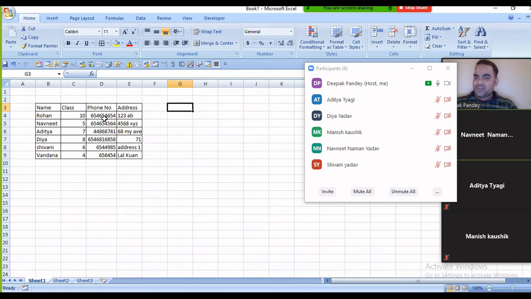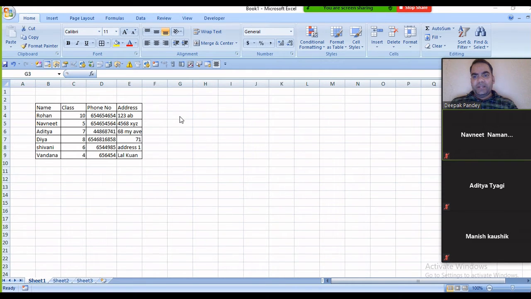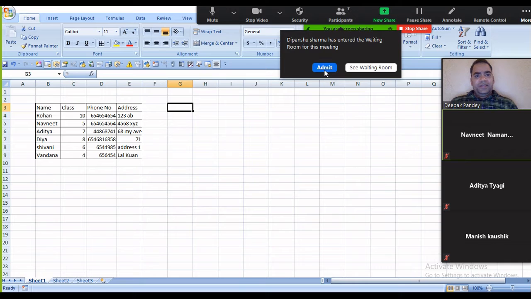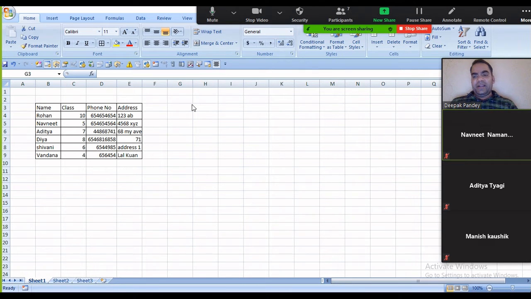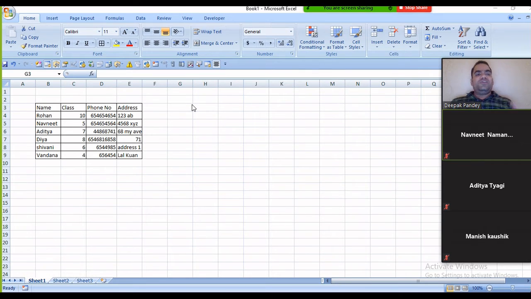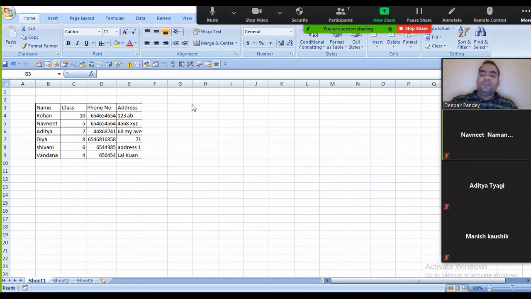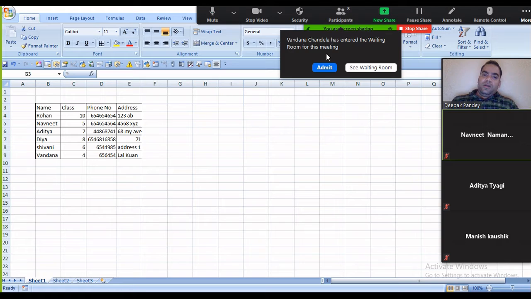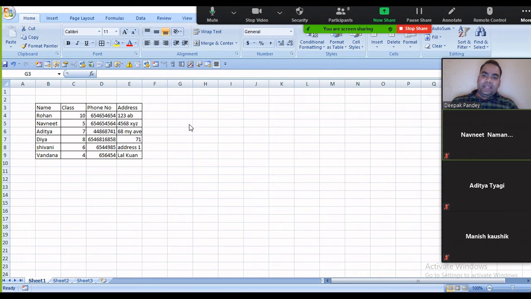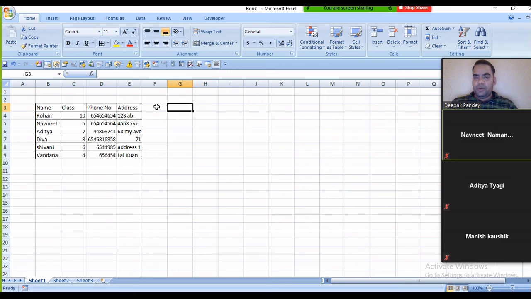Basically, this is the exercise table, so the size is quite small. But in a real-life example, the table is quite big and contains hundreds and thousands of records. But for this, we are just taking it as an example, so just a small number of records, and we try to implement our VLOOKUP function using that table.